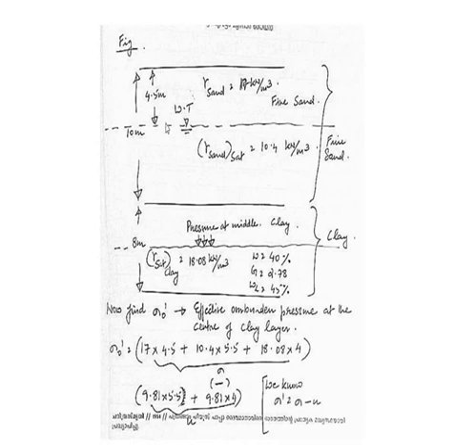So this height 4.5 into the weight of the sand, it is 17 kilonewton per meter cube, then this height 5.5 is the submerged weight, that is 10.4, which is also given, plus you have the weight of the clay, which is 18.08, so multiply that with 4. Okay, so you will get the total stress.